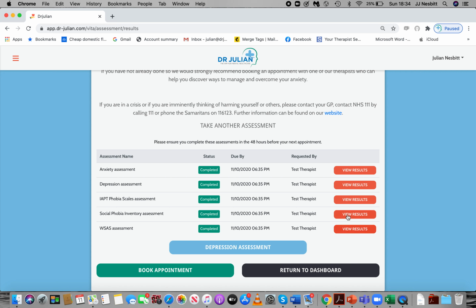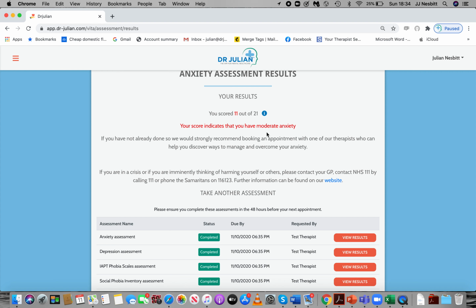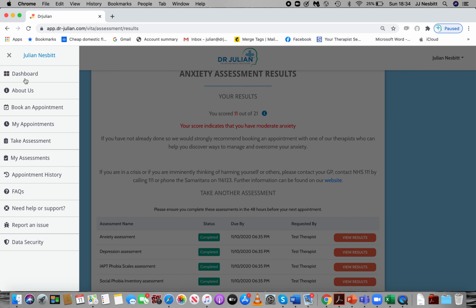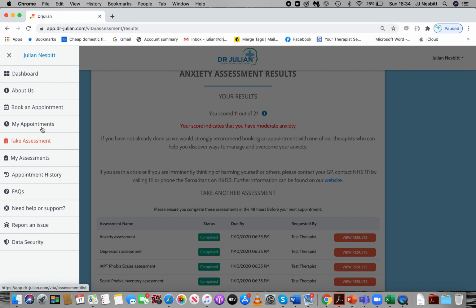But if I hadn't, as you see, you would click undertake that assessment and go through that process on the system, and then those results are available to the patient and to the therapist to track the progress. And coming soon, they will also be able to see the graphs and make sure that they're going into recovery. So patients can go onto the top left-hand corner here and track what assessments they've done